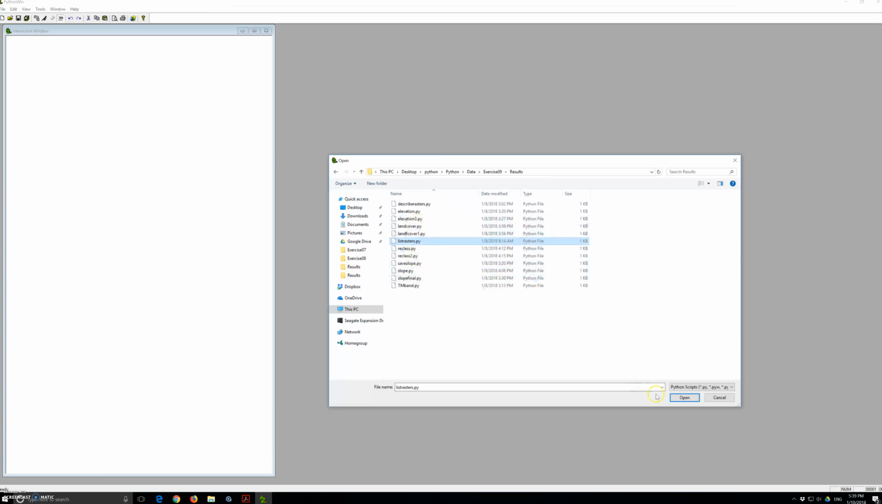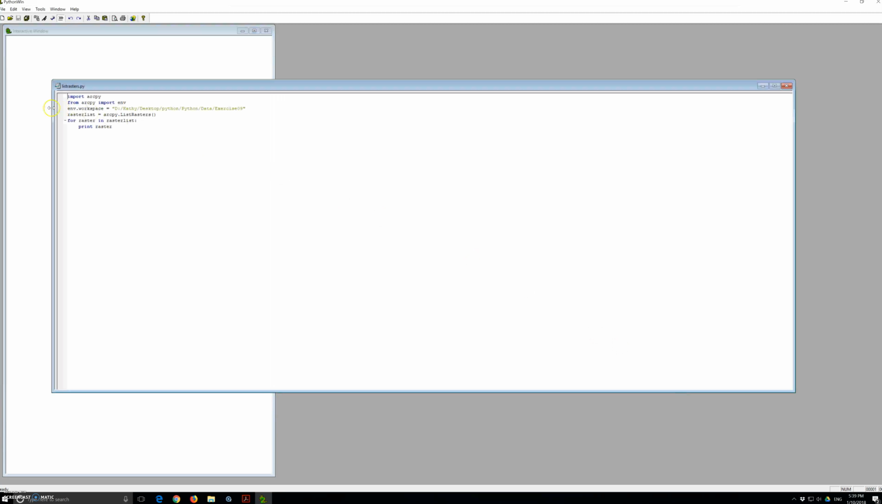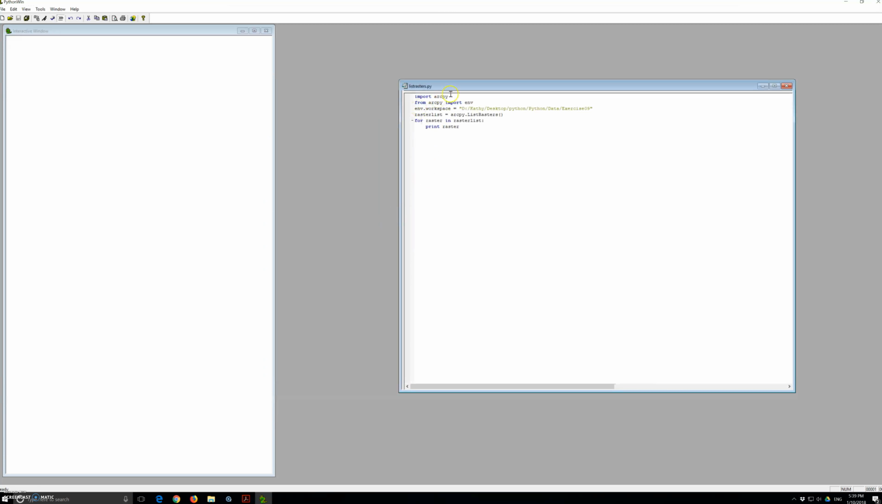The first one is list rasters. So for list rasters, we will do import arcpy, from arcpy import env, and env.workspace, and then I have my path, raster list equals arcpy.ListRasters, and for raster in raster list we will print raster. And I'm going to run it, click OK,